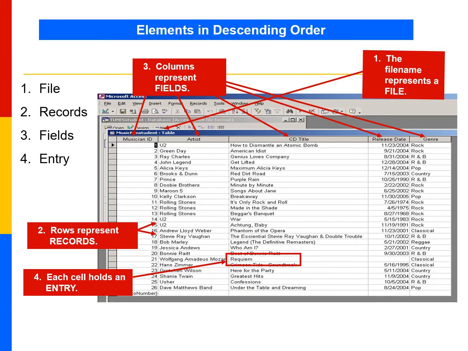Here, the elements of a database are shown in the picture. First, this is nothing but the file name, which represents a file. Second, these are different rows, which you can call records. Then each cell holds an entry, and these are different columns. Artist, CD title, this is a column, or you can call it a field in a database.